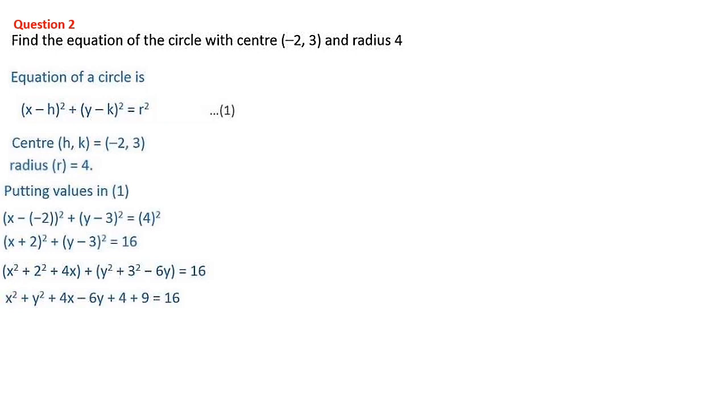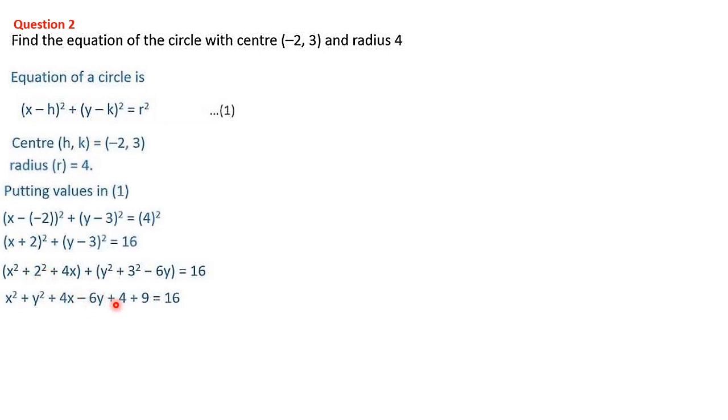X square. Here there is a y square. Bring together. Then here there is a 4x. Then here there is minus 6y. So first square terms, then here power 1 is there. Next step, sorry, here power 2 terms we arranged first, then power 1 terms, or x square term, y square term and x term and y term, then constant terms.